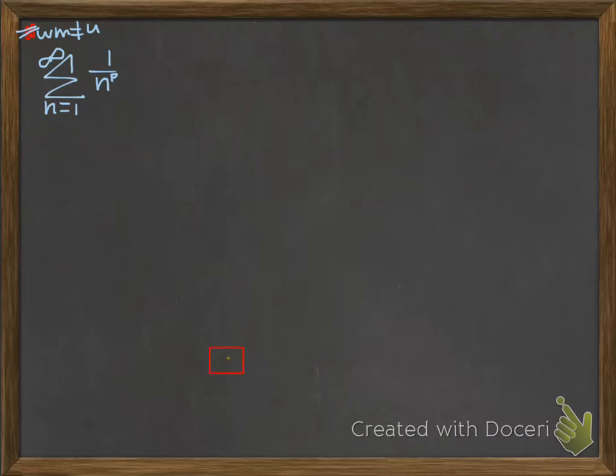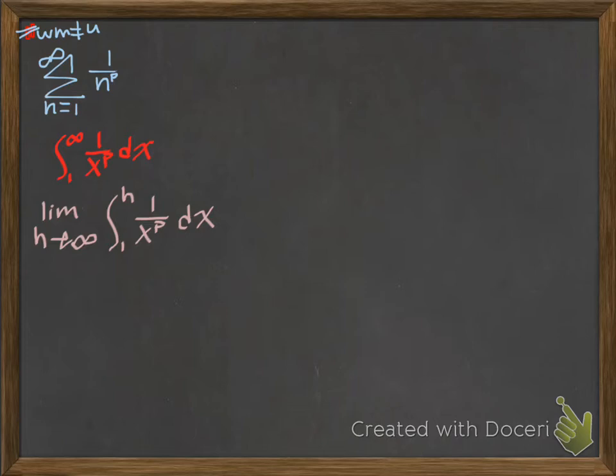So I'm looking at an integral. I'm going to leave that little dot down there because I know it's going to bother somebody. No, I'll go ahead and get rid of that. So then we're looking at the integral from 1 to infinity of 1 over x to the p dx. It's improper, so we change the limit of integration to a variable that we like. Looks like we chose h. So it's the limit as h goes to infinity of the integral from 1 to h of 1 over x to the p